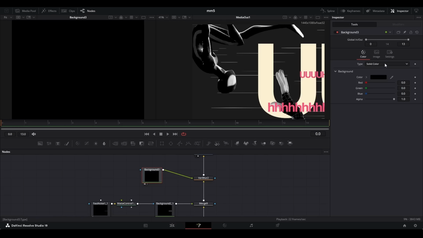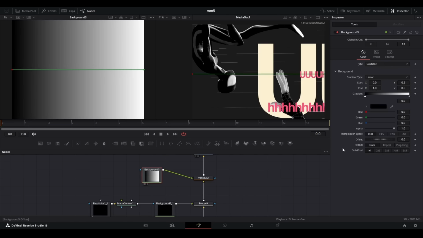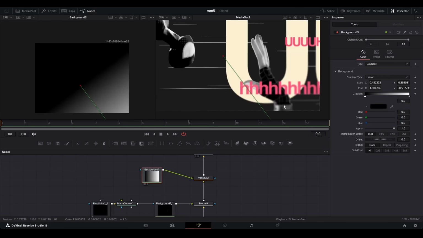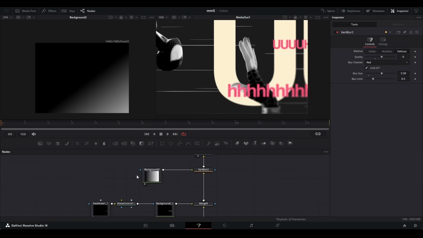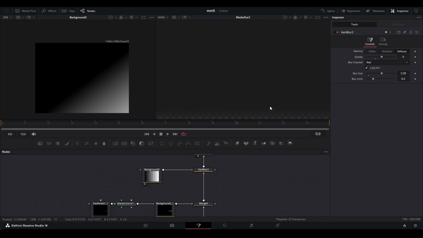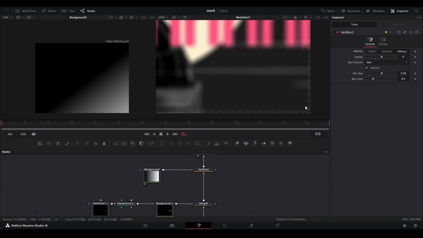We're going to go over into a solid color here and change that into gradient. And as you can tell, it's immediately added the glow to the very white parts of the image. And as you can tell, there's a nice gradient going between the bottom here to the top. Now, as you can tell, zooming all the way in here, we can tell that it also removes the edges